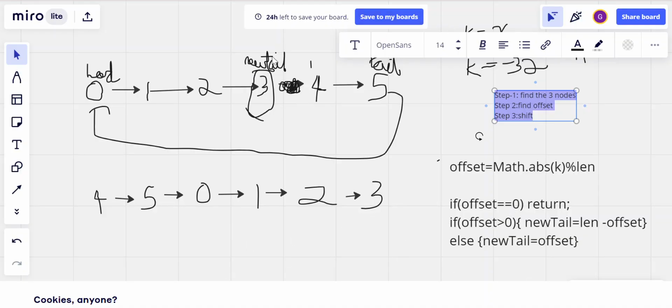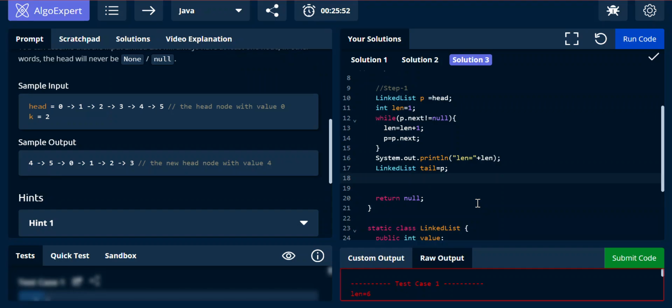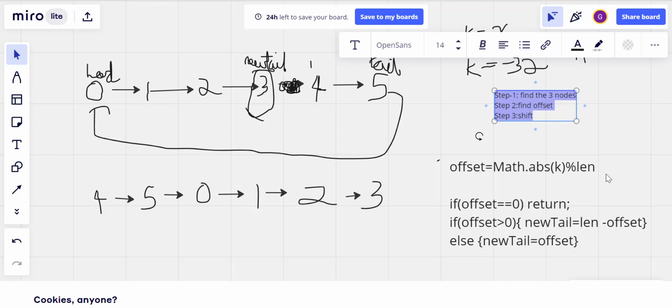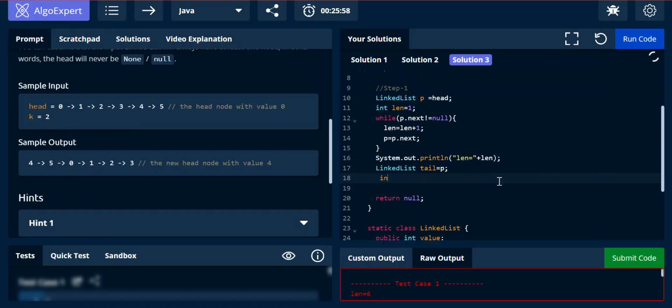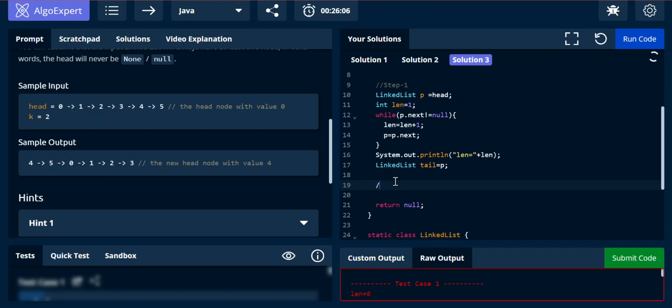So now we need to find this new tail, the middle element. So how are we going to find this one? We do these steps. First step, we find the length. So what is step 2? Find the offset. Step 2. So what we do here is,